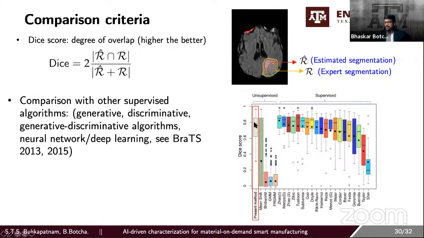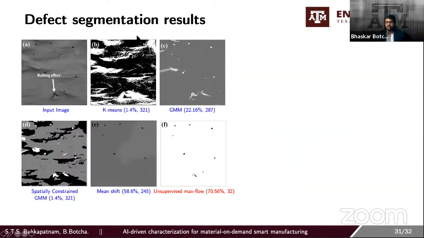So this very example, when applied to the examples which we have shown before, gives these different defect segmentation results. We can see that all the other models from A to E have identified different areas as defect. This problem gets really difficult because of the differences in exposures at different parts of the image. It is just not black and white, and we can't use a basic thresholding technique to identify where the defects have occurred. And this is the particular method which we have developed, the unsupervised max flow, which shows an estimated